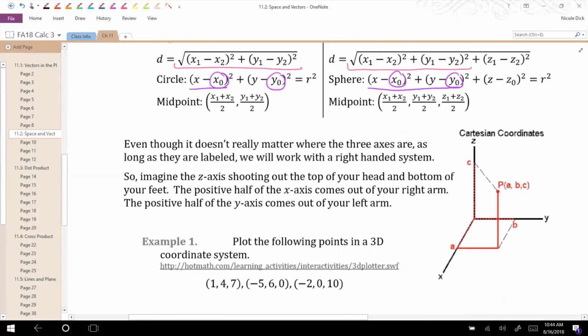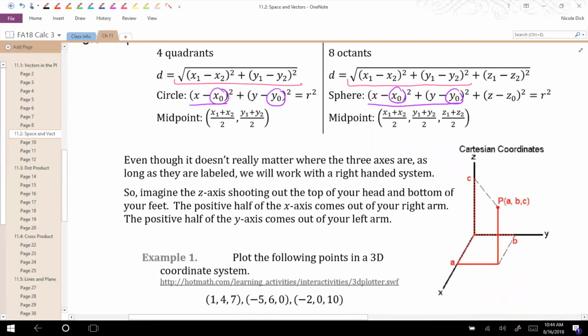Now I mentioned it doesn't really matter which way we go through and graph these, but just for consistency, our book uses the right-hand method, which I put a little graph of right over here. Essentially, we're going to have the positive x-axis pointing towards us, the positive y-axis going off towards the right, and then we'll always draw the z-axis going up when we sketch these things here. Occasionally, like in a left-handed system, these things would be flipped around, the x and the y. The reason it's called a right-handed system,